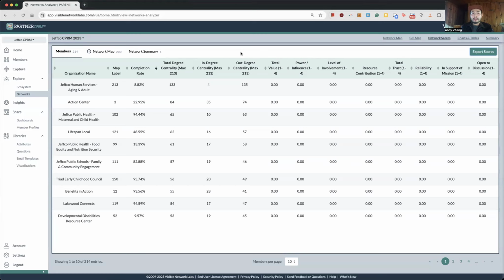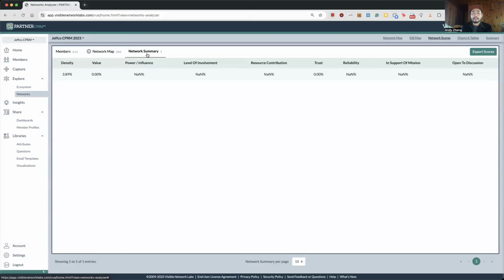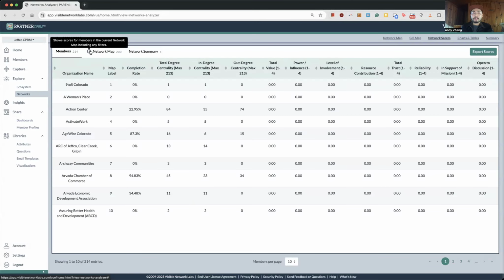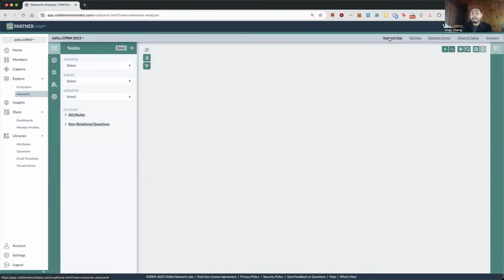A main change we've had recently on the platform is this new addition of a network map tab. So here we have all the members, 214, and then we have a network summary tab that's based on the overall network average scores. But this one in particular shows scores from members in the current network map, including any filters. So if I go to the network map,